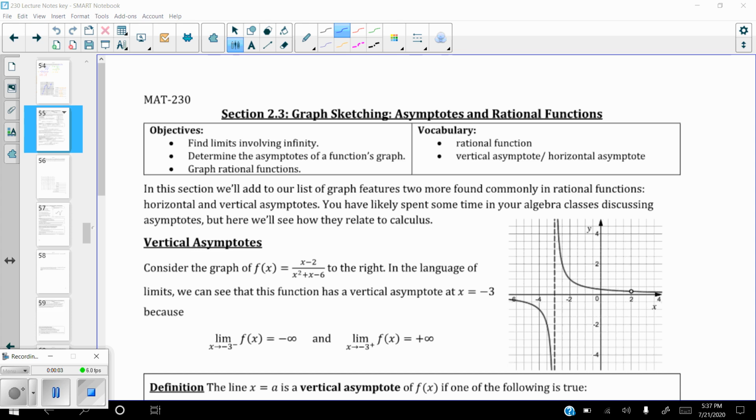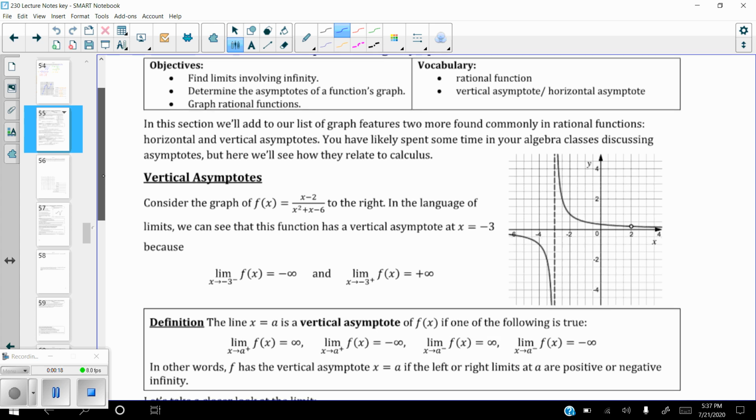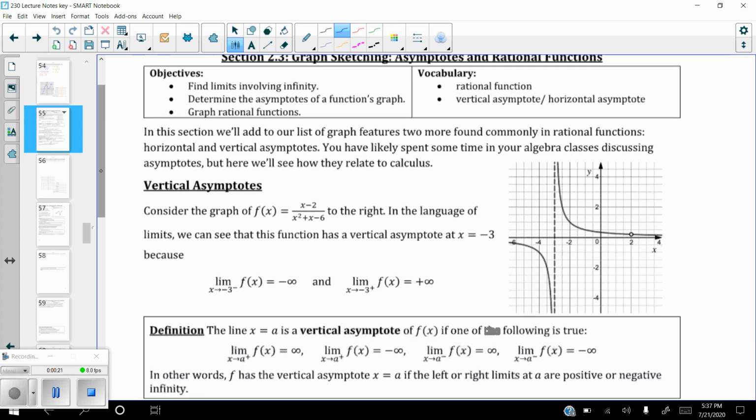All right, this is section 2.3, graph sketching, asymptotes, and rational functions. So we're really just going to be continuing some of the more important concepts when it comes to graph sketching, and these are the asymptotes. Everything that we need for asymptotes is not necessarily included on here, so I'm going to go off a little bit when we get down to the bottom of this particular page and add a couple of things